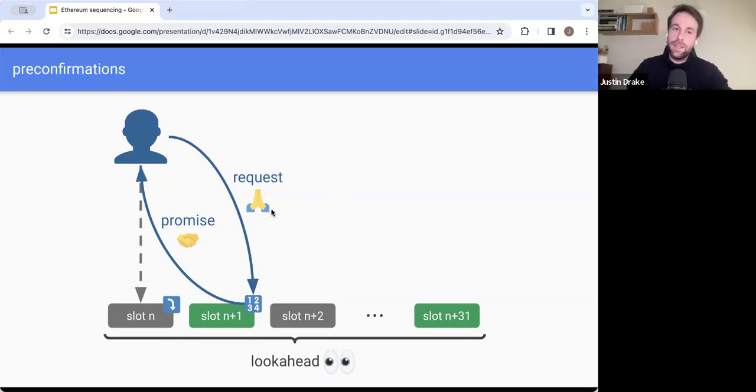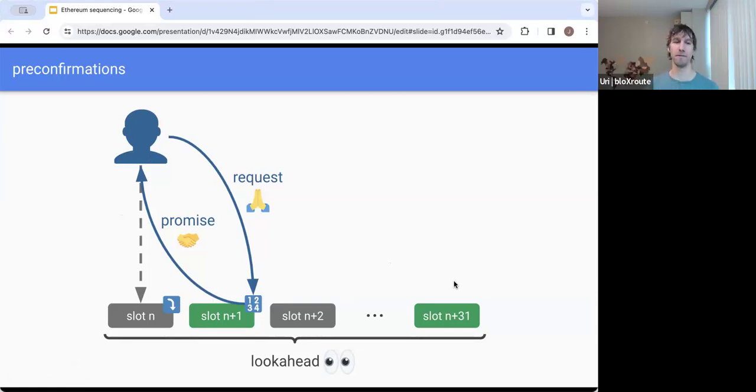Yeah, so I think there is some value in the user actually talking to multiple sequencers or preconfers. One of the reasons could be if there's a liveness failure. So let's say this first green one, and there are only 2 preconfers in the lookahead. There's a possibility, let's say a 1 in 10,000 chance, that this one's going to be missed because the sophisticated preconfer just happened to have an outage on AWS or whatever. Then if you get a preconfirmation from the next one in parallel, you're hedging your bets. No, so I mean something else. Don't get it from both of them.